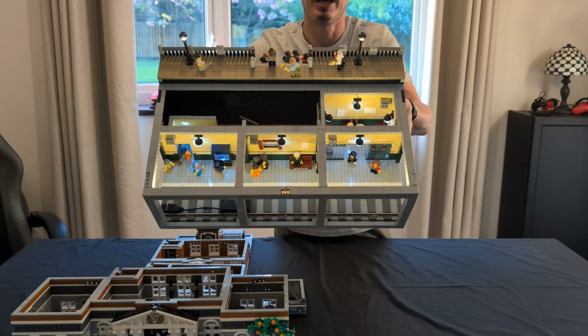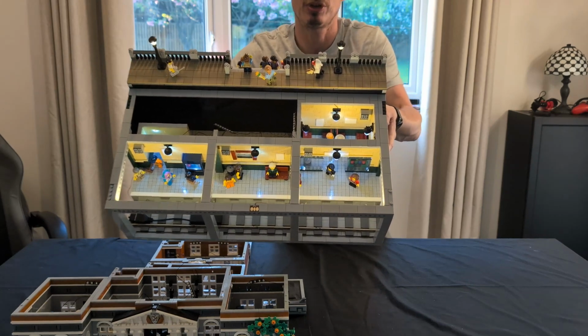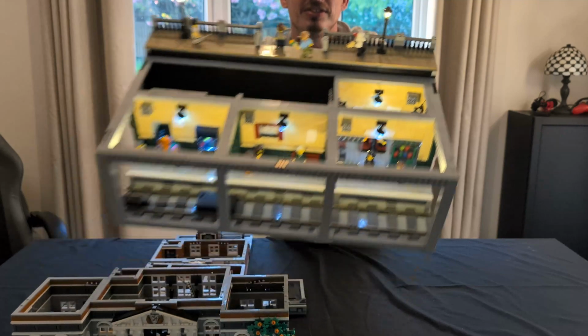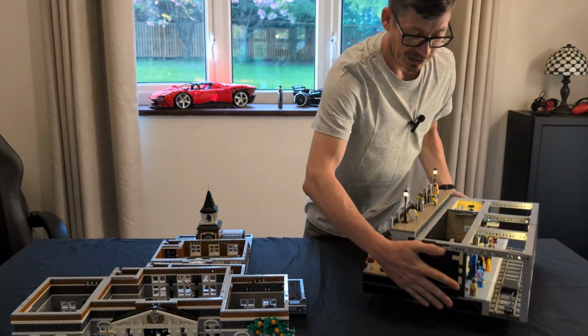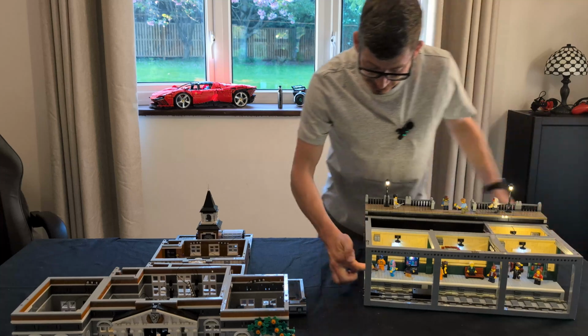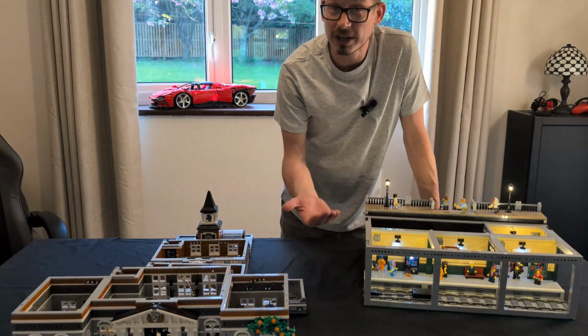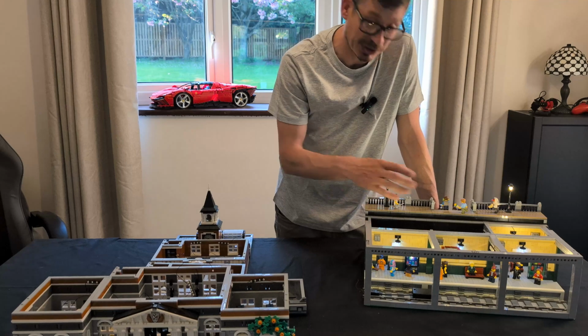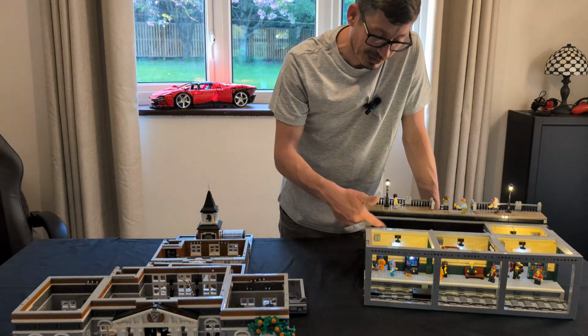Inside, you've got the waiting room area. I'm not sure how well you can see that. I'll try and get close. But that's inside the waiting room area. This little entrance way just here is meant to be a toilet, to give the illusion of a toilet. I didn't obviously bother building the toilet because you would never see it, but that was the idea of this